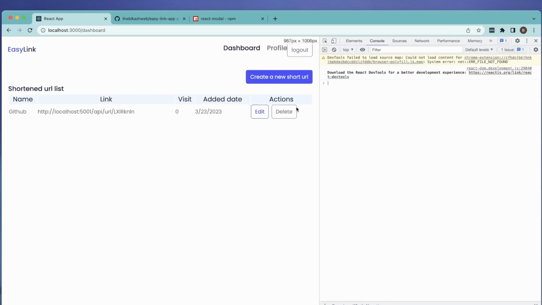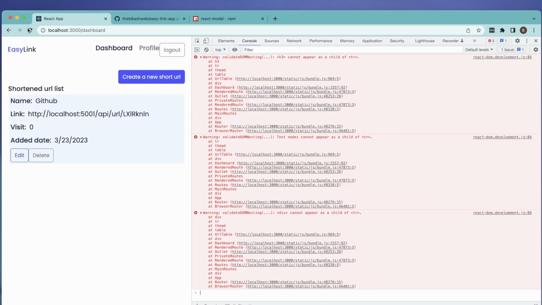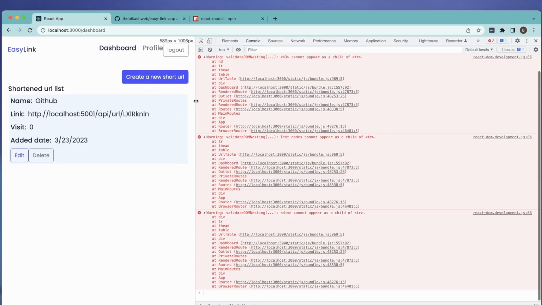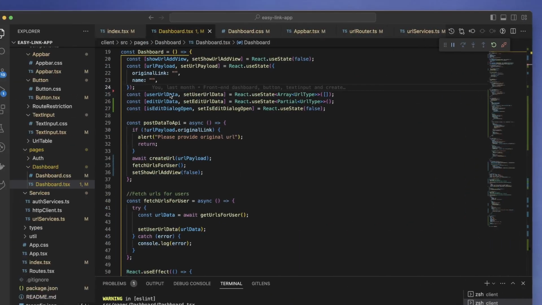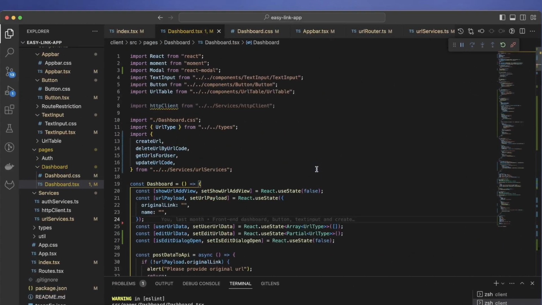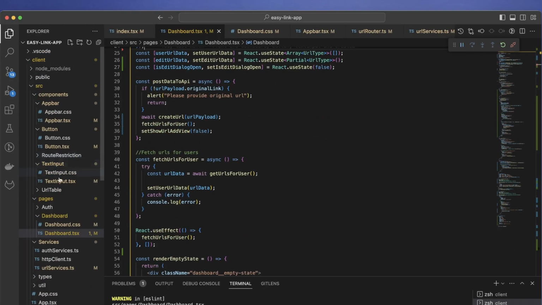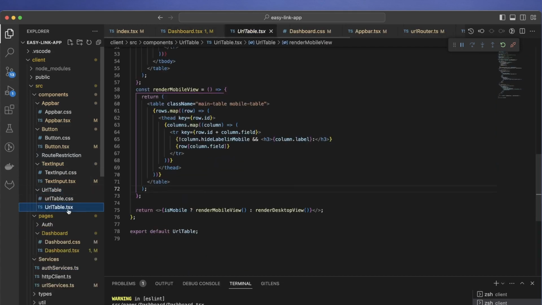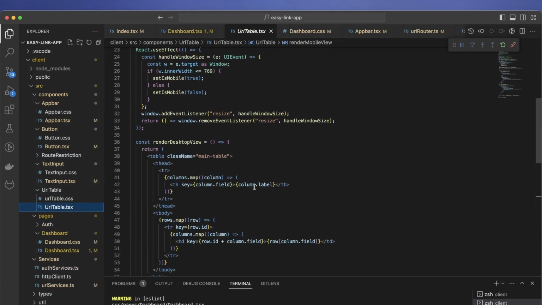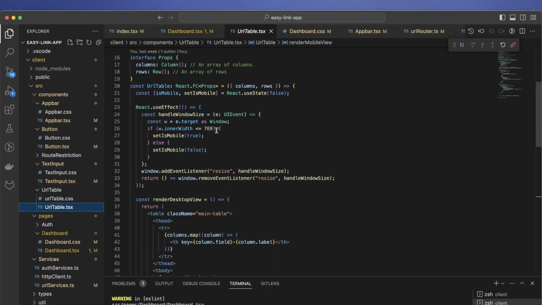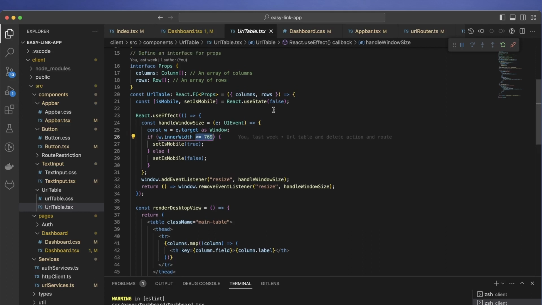in the mobile. Okay, we have mobile. Oh, what happened? Okay, so there's one more bug in mobile. I would like to fix it. So if we go to the URL component here, then we are doing some trick here. So we are checking this inner width. So I will just go here, and instead of is mobile false, what I can do is